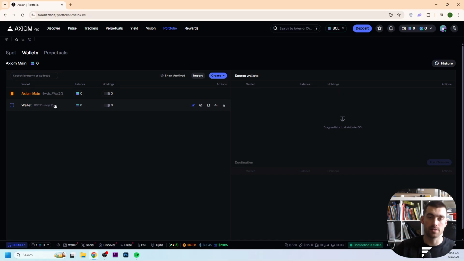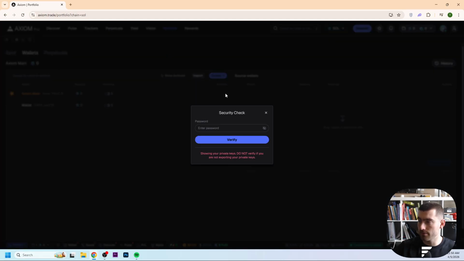And if you want to have the private key of one of these wallets, you hold your mouse on one wallet, click right here on export private keys, then fill in right here your password, then click on verify, and then it will export your private key. So this is the place where you can get the private key from Axiom Pro, and hopefully this was exactly the video where I was looking